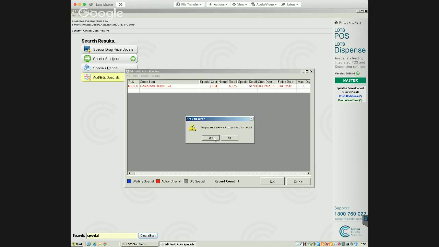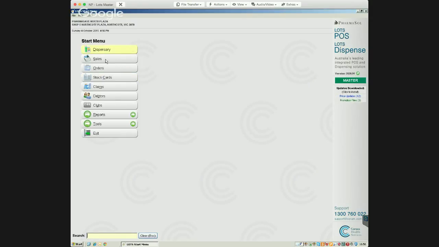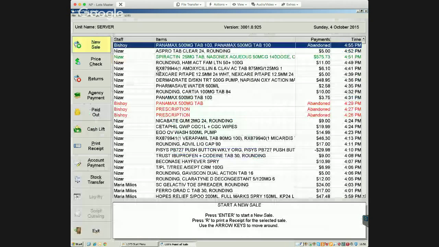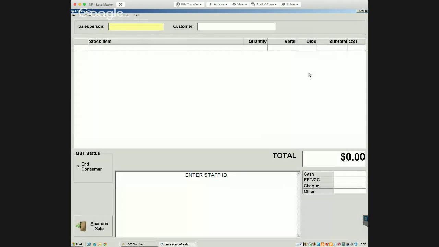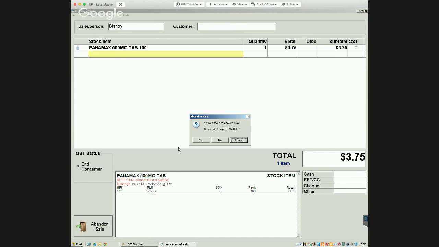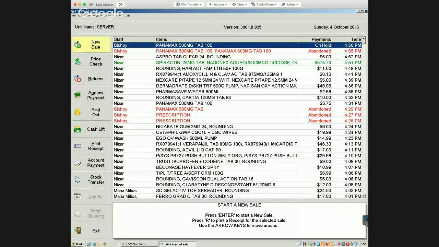Are you sure you want to delete this special? Yes. Okay. Now if you go back to the sales screen and we type in 605980, it'll start scanning back at the right price, $3.75. Okay, so that's a very, very simple way of making sure that you're able to change prices